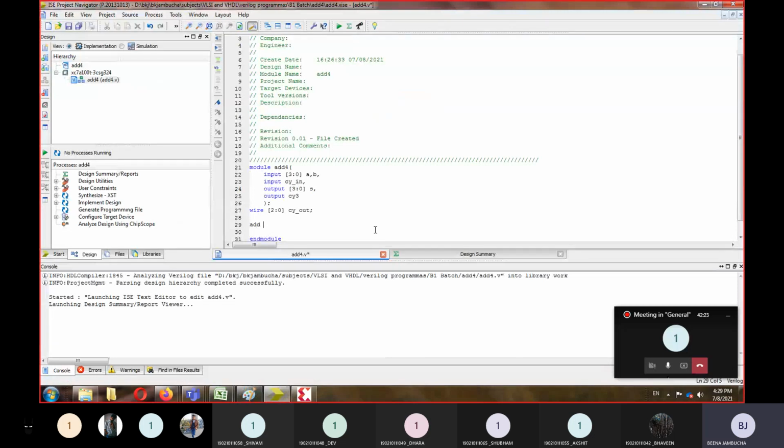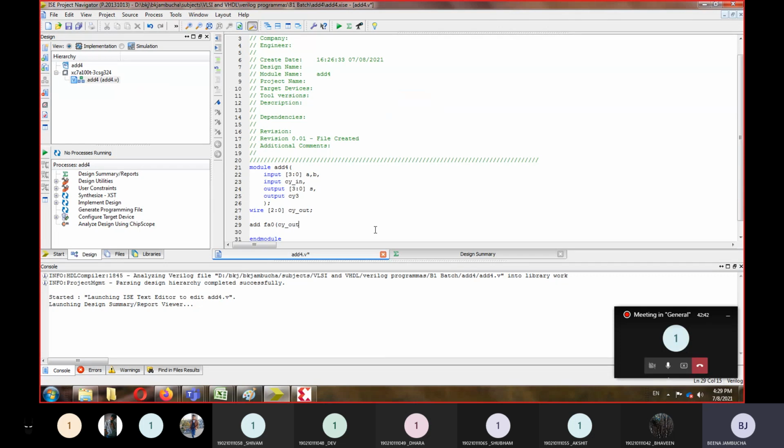Add, or let's say, as we are going to use 4 modules, let's give them the names FA0, full adder 0, and in brackets we will have to write their ports, right? So for full adder 0, which are the ports?